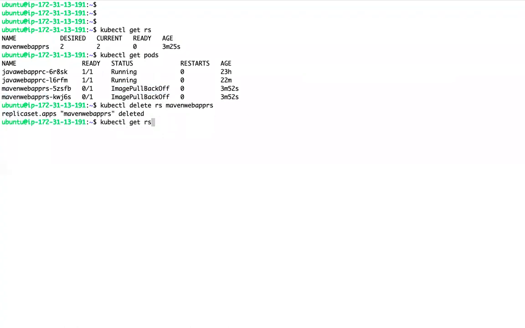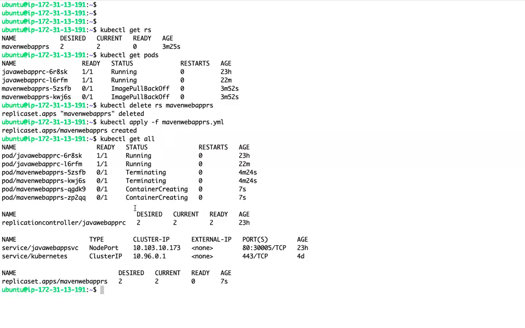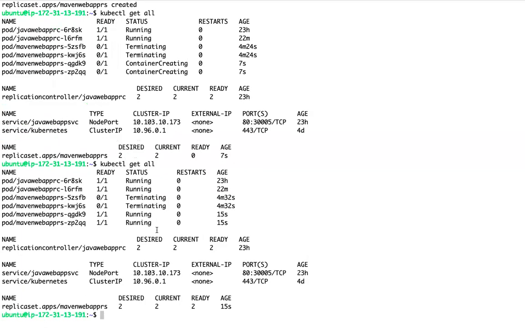If you want to delete the replica set, you can delete it like this. Now let me apply. Now if you see, these pods are running.